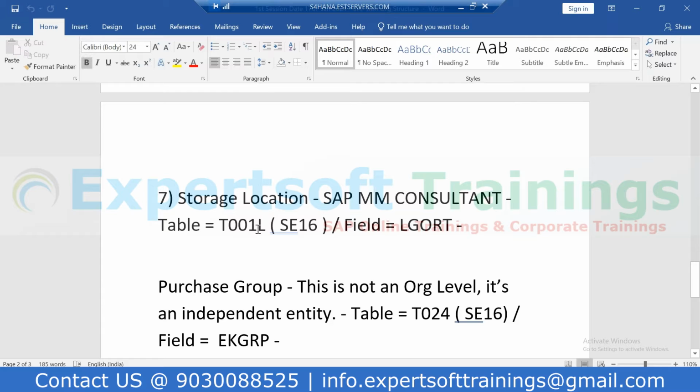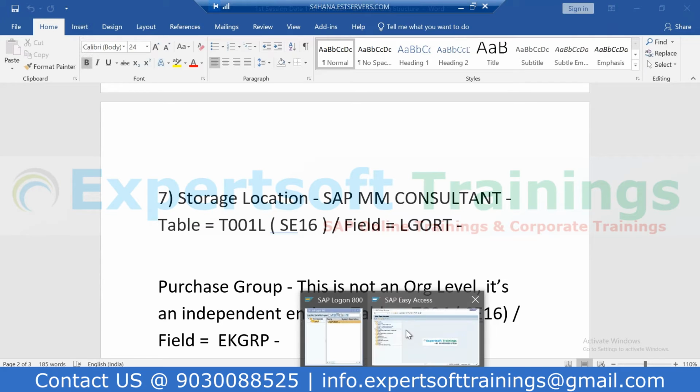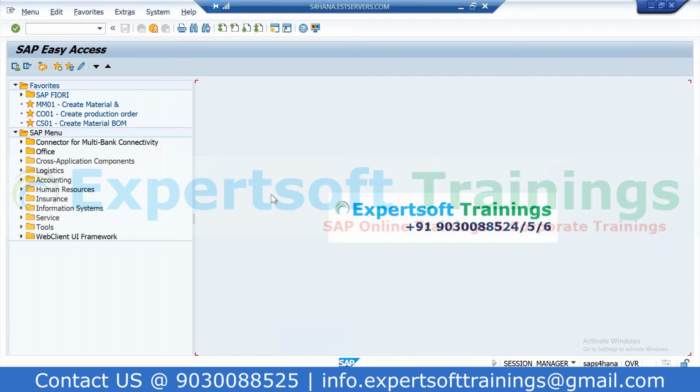So this will be the theoretical approach. We will provide you the notes, and along with these notes, we will do the practical configuration in front of you in the SAP system. Hope you're able to understand both these approaches clearly.